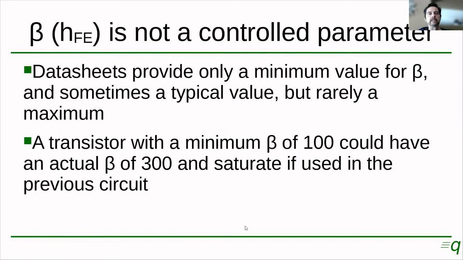So to complicate things a little bit more, beta or HFE is not a controlled parameter. Data sheets provide only a minimum value for beta, and sometimes a typical value, but rarely a maximum value for beta. And the spread is very high. A transistor with a minimum beta of 100 can have an actual beta of 300 and saturate if used in the previous circuit. So what I'm trying to say here is, because we don't know exactly what beta is, and beta can vary a lot within transistors with the same part number,